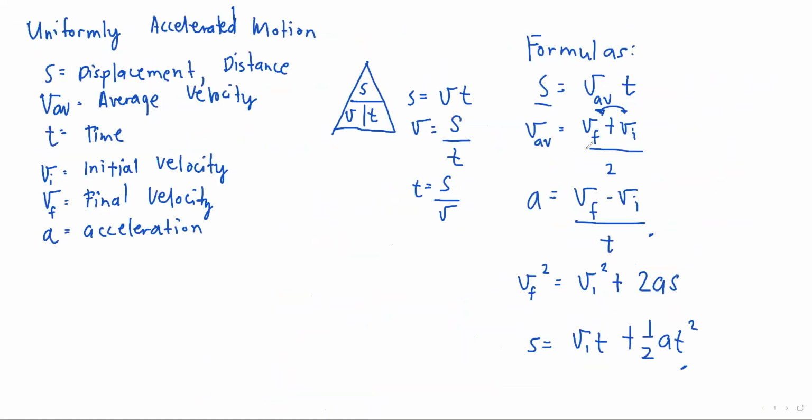Whether you are finding S, the final velocity, the initial velocity, or the acceleration, you can use it as long as you use the right formula. Okay? So, that's all for this session. And that concludes our topic for this